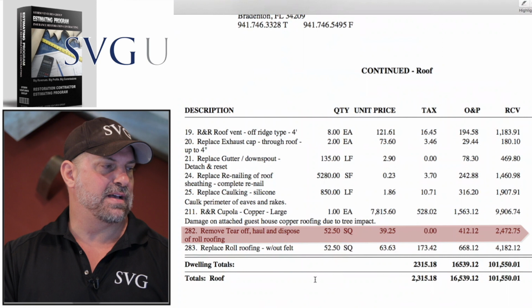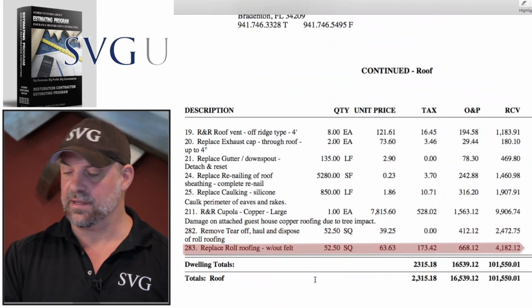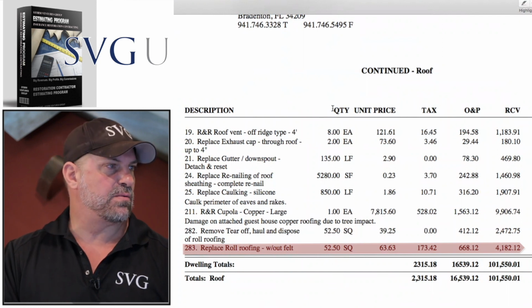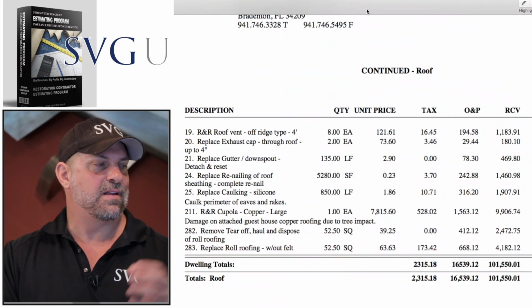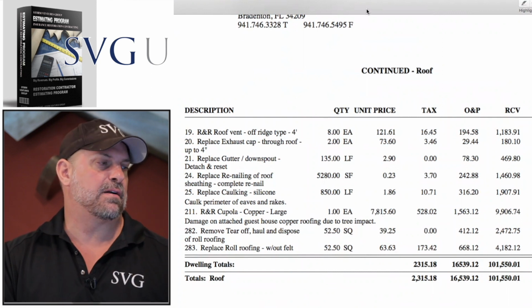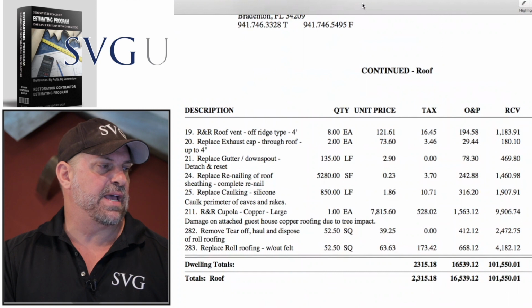And we have line item 283, we have $63.63, which is an R&R of $102.88 to remove and replace that roll roofing. Now, in Florida, we're going to go with a different underlayment. So we're actually going to supplement that and make that higher. But just to capture that data, since that's new data that's not in my price list,